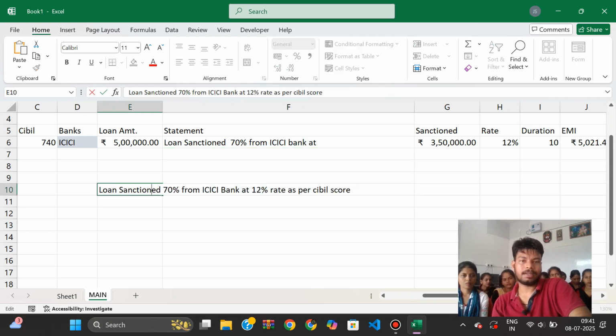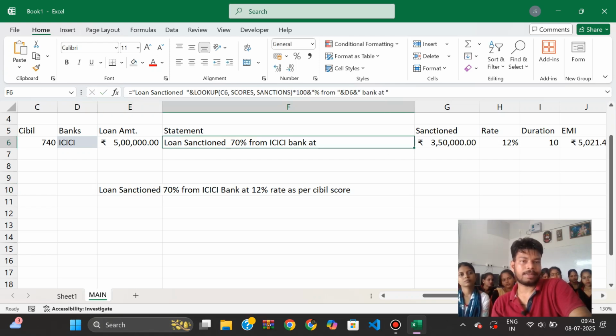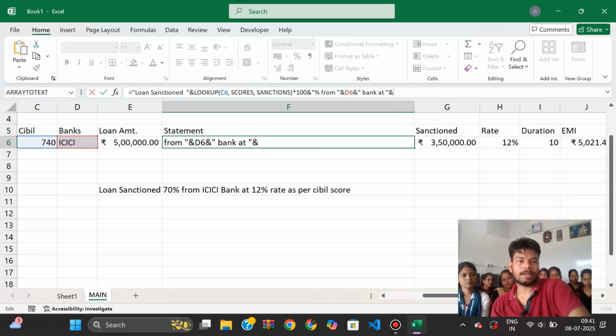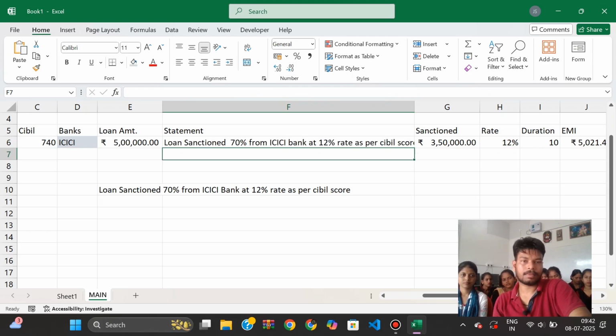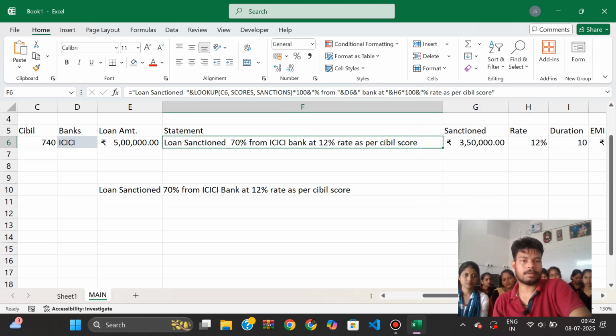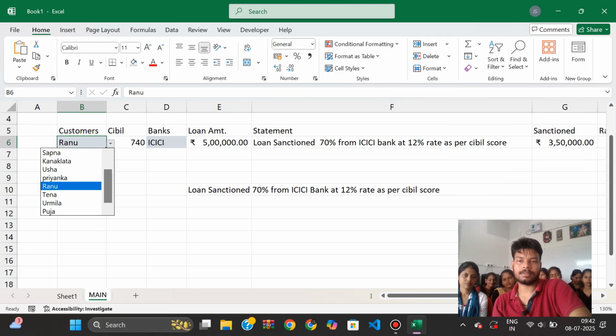Now 12% rate. So 12% is present over here. Since it is a percent, we have to multiply with 100. At, then press ampersand. Click on this rate, multiply with 100, then ampersand percent rate as per CIBIL score. Done. Clear? It's done. So now if we go for a different customer, from a different bank,